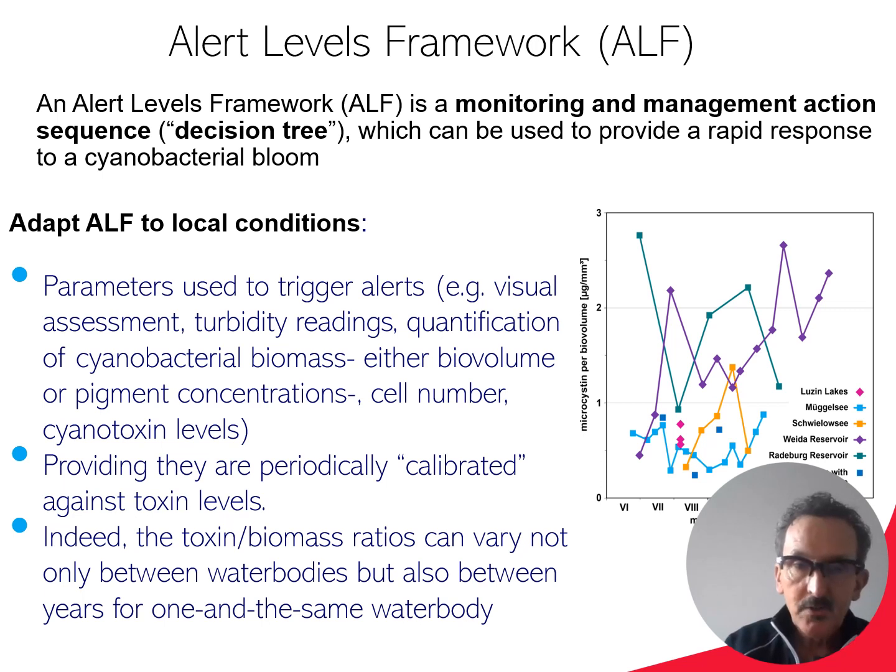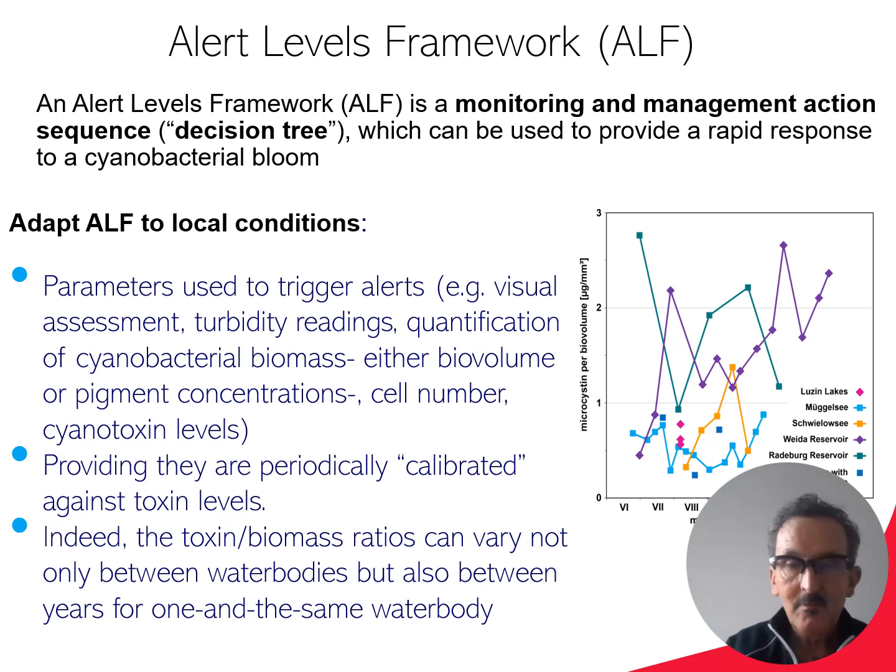Parameters used to trigger alerts could be visual, like turbidity, Secchi discs, microscopic use, where you can obtain things like cyanobacterial biovolume or chlorophyll, in particular if you're able to do cyanobacterial chlorophyll numbers. It's not the biovolume, it's not the chlorophyll directly that you're worried about. You're worried about toxins, but if you often enough calibrate, say, cyanobacterial biovolume that you can obtain from the microscope against toxins, you can use biovolume as an indicator of the risk of being exposed to the toxins.